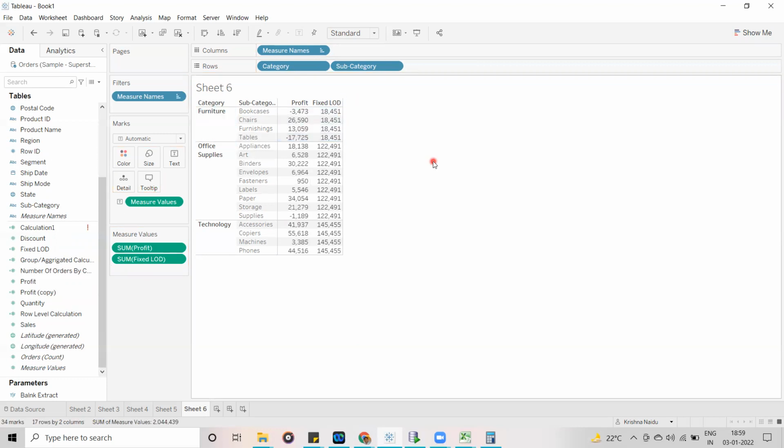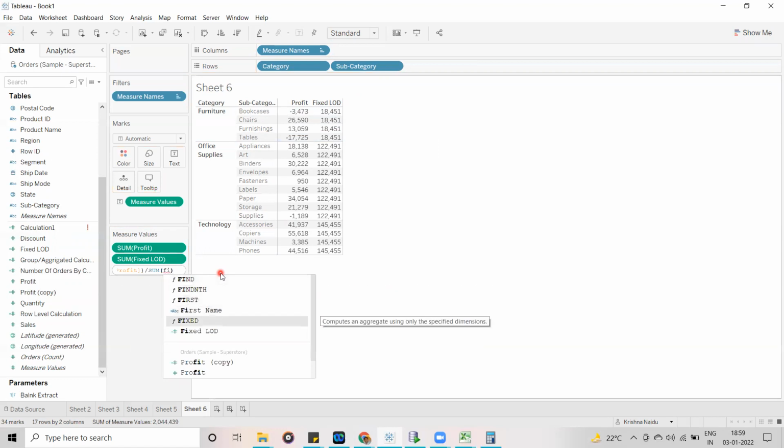So now I'm ready to write a calculation. Directly, what I'm going to write is sum of profit divided by fixed sum of fixed LOD.